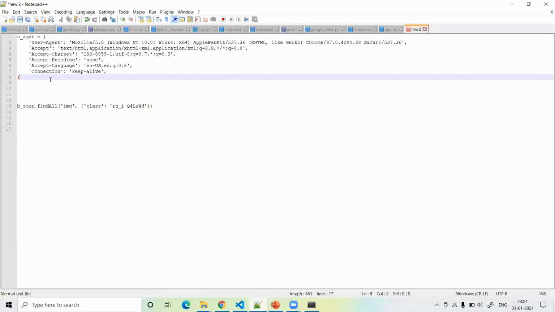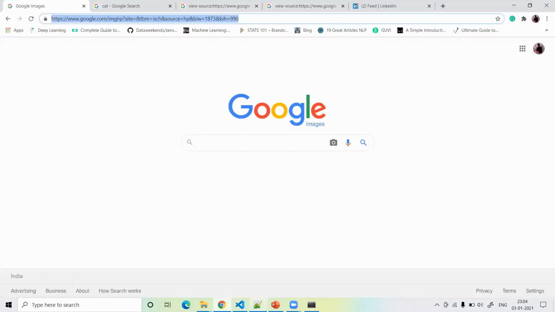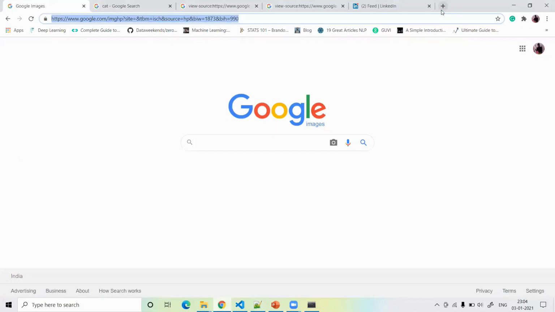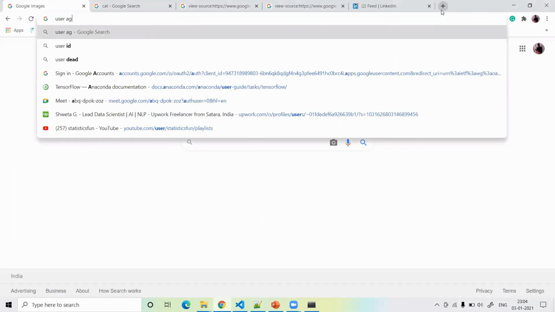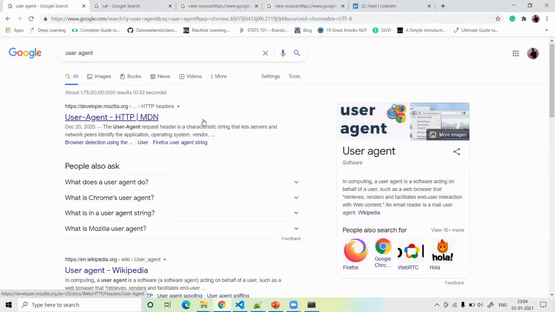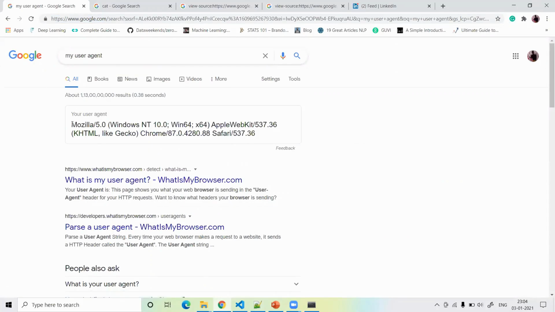You have to just copy this command and paste it here in the dictionary as the user agent. Just search in your system for "my user agent", and you get your user agent.